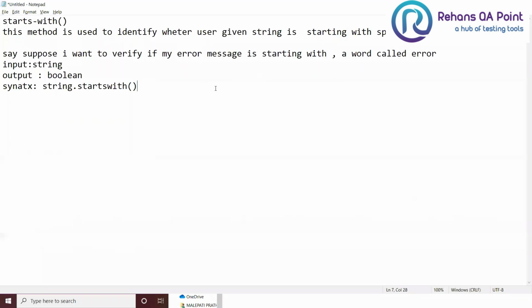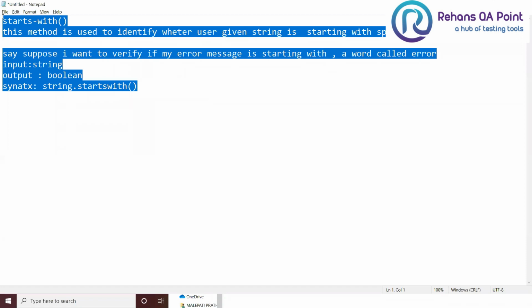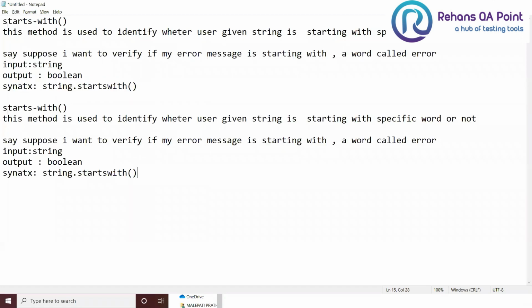Similarly, there is another method called endswith. This method is to verify whether the user given string is ending with a specific word or not.